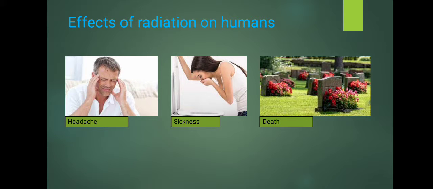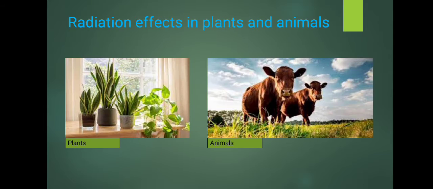The effects of this energy in the body depend on how much you have been exposed to radiation. The most serious symptoms in humans are headache, nausea, and death from long-term exposure. Other people are prone to long-term cancer. Now we will talk about how it affects the environment. The plants, in case of having been exposed to a large amount of radiation, will die due to the affection of their cells. But it was discovered that this can continue to reproduce.